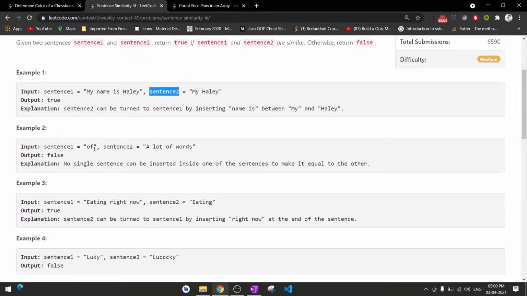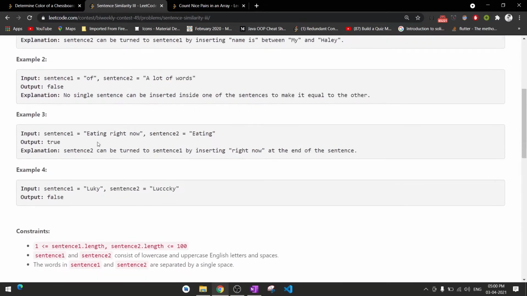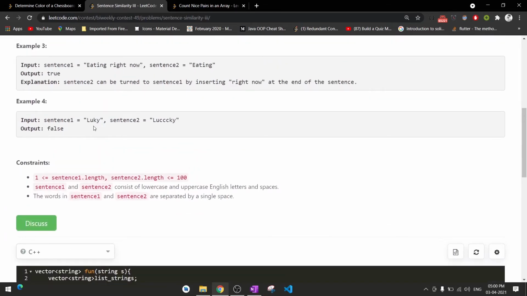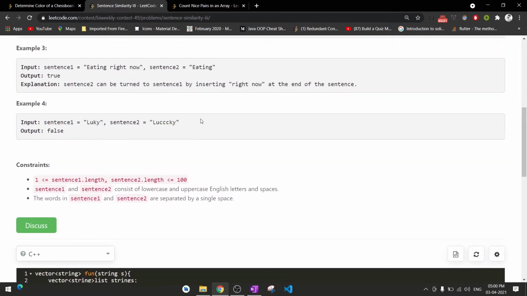But I can't put any sentence at the beginning or at the end. For example, "eating" will resemble "eating", and "right now" is the arbitrary sentence which is put in, so this can't be equal to this.